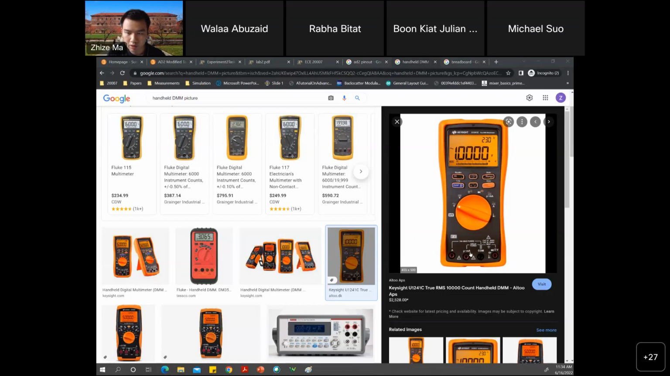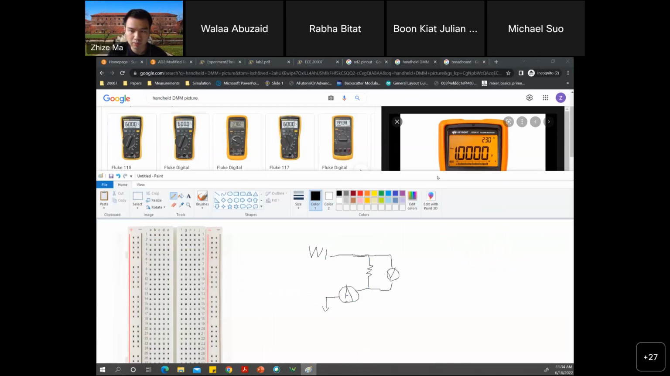Mention there's a letter A here, meaning amp, which is the unit of current. So when you measure the current, you want to use an ammeter. This will be the positive side of the ammeter. So current goes to here, then goes to ground. Okay, so if you go back to this plot,